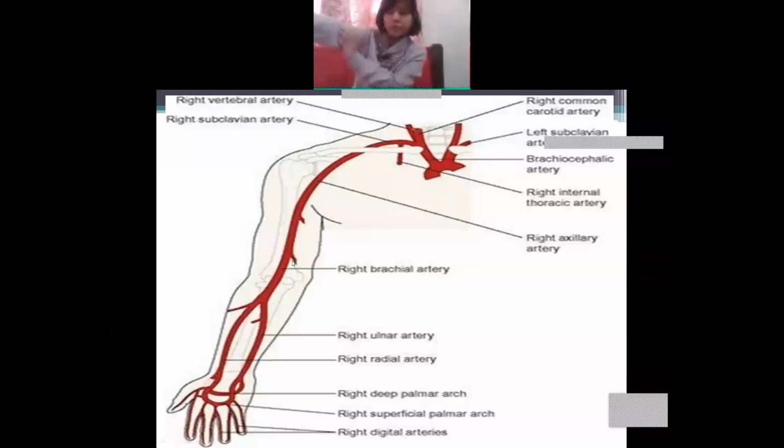At the front of the elbow. Your elbow is here, and they go and supply that front portion. Okay, they will go and supply blood to this portion, that is the elbow side. This is the elbow. This is the front. So it will go and supply blood. The axillary artery will come here, and there is the brachial artery. Understand? So the brachial artery is actually the continuation of the axillary artery. It runs down in the medial aspect.